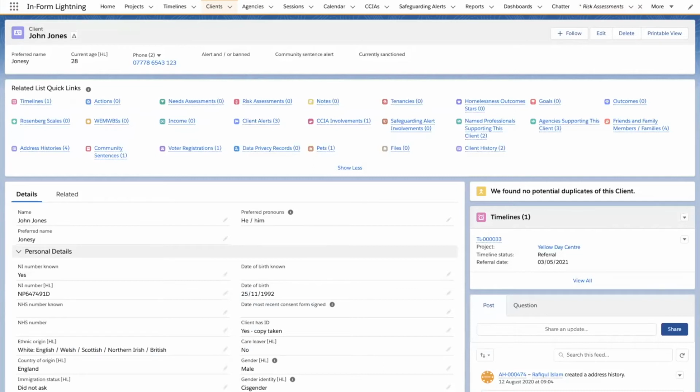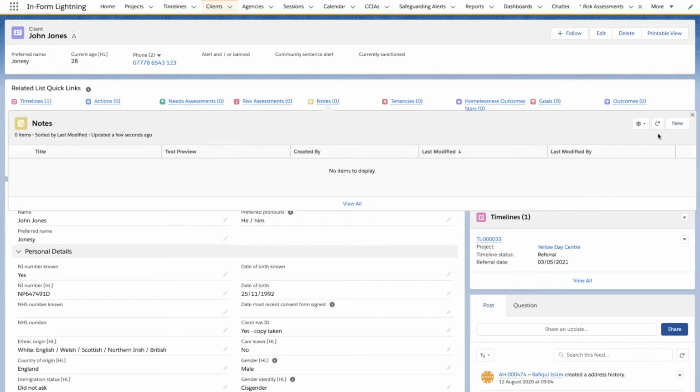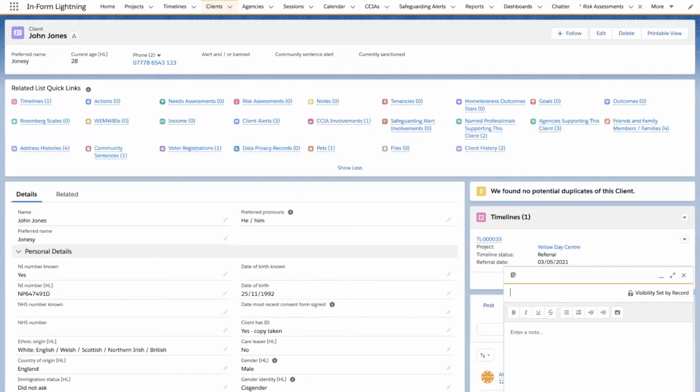Right. So maybe you have been using notes in Salesforce Classic. You are still in for a treat, because enhanced notes in Lightning includes many more options for creating richer, more meaningful notes. So I'll go to the notes and click on new, and I'd like to have a note for my client John Jones. So for example, immediately needed a risk assessment and the needs assessment. So you can see it is